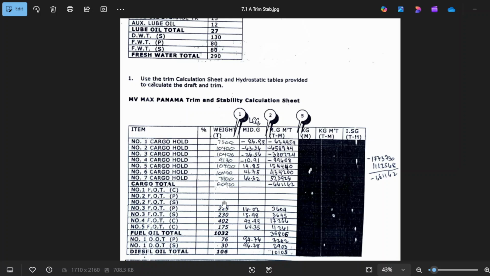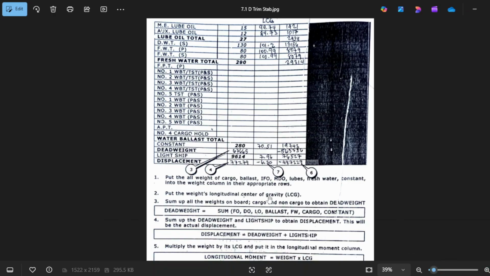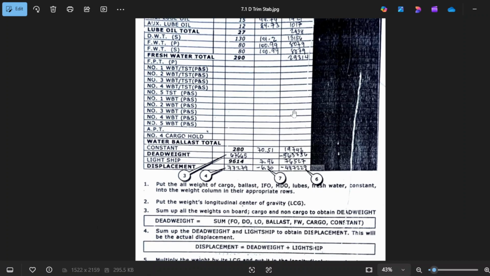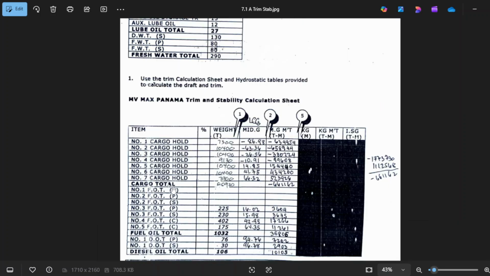Okay, and we will finish this one until we reach the final KG and the vertical moment and the free surface. Okay, so I'll give you an idea how this one can be solved easily by the load master. If you have a load master, you fill in the weights of each compartment